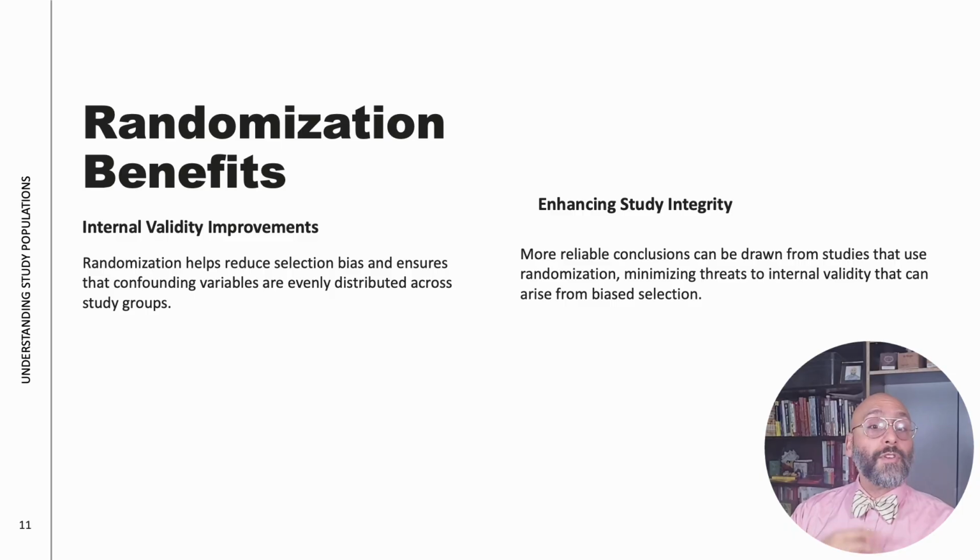Now, some confounders are obvious, like baseline symptom severity. Others are a little more subtle, like what? Like motivation, like expectancy, or prior treatment experiences. Randomization does not eliminate these differences, but it does make it far less likely that they cluster into one group. So this is why randomization is sometimes called the great equalizer. Not because it creates identical groups, but because it makes the groups similar enough that differences in outcomes can reasonably be attributed to the intervention.